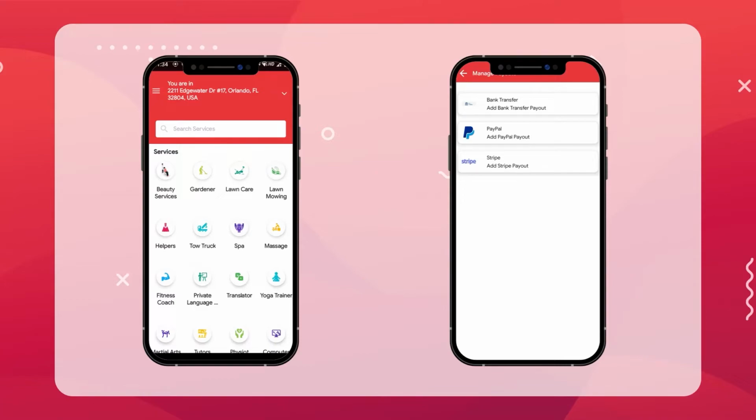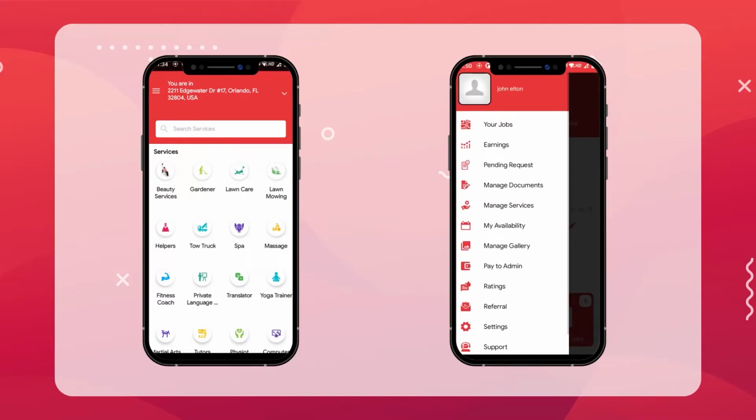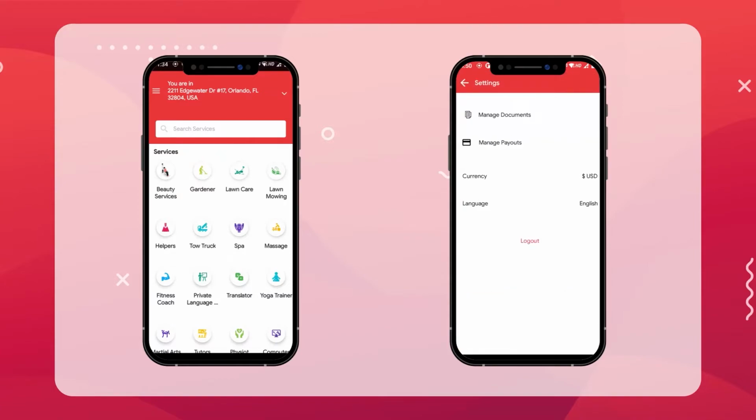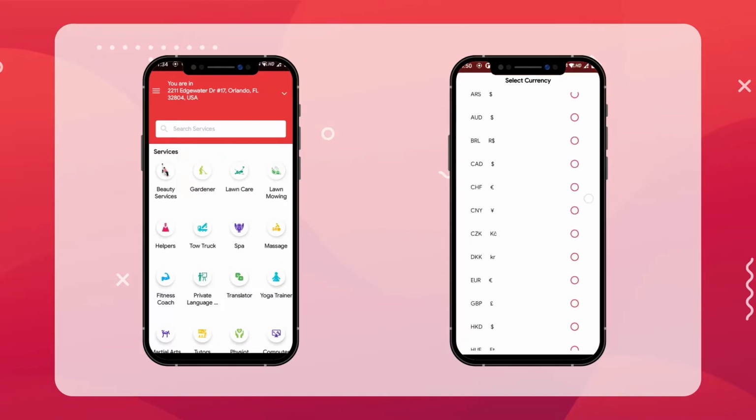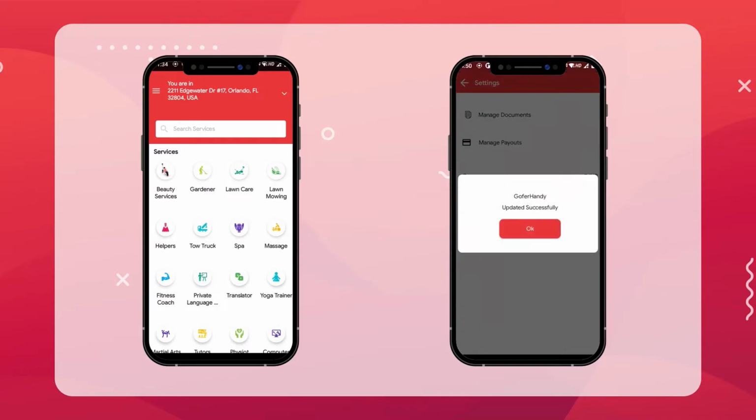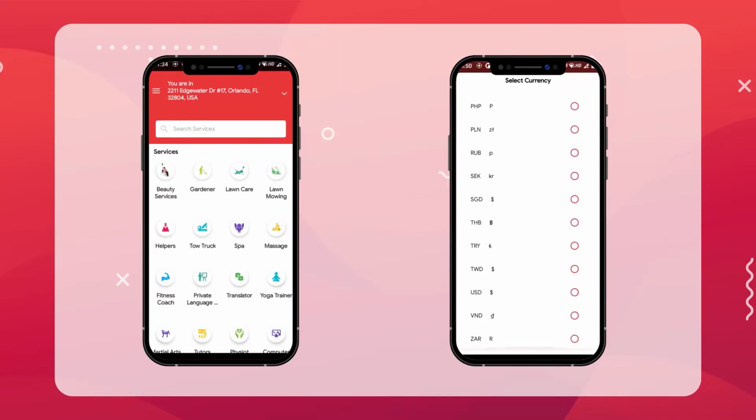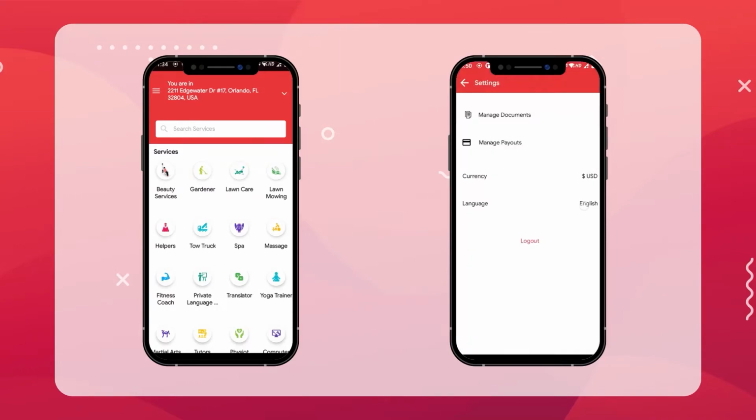We have PayPal, Stripe, and bank transfer as the options for the payout method. The setting option is used to select the preferred currency and language.